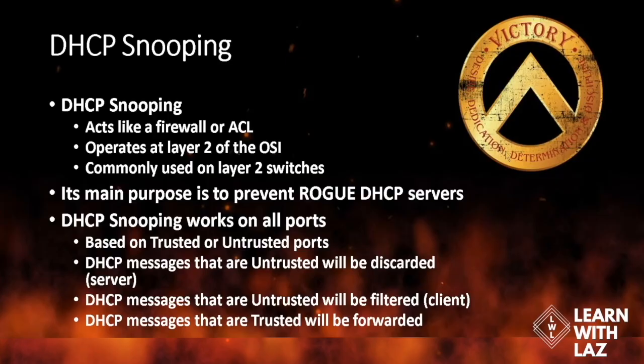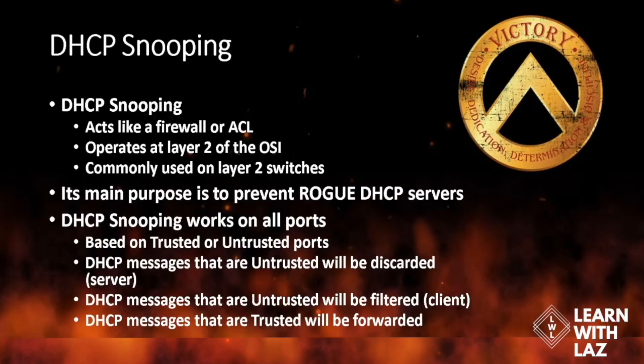People use layer 3 switches because they're boycotting routers for some reason, and they want to use monstrous switches to route too, because that's just the way it is. But there are rules to that, and we'll get to it at the end of the presentation. It does operate at layer 2, and more often than not, it will be on layer 2 switches